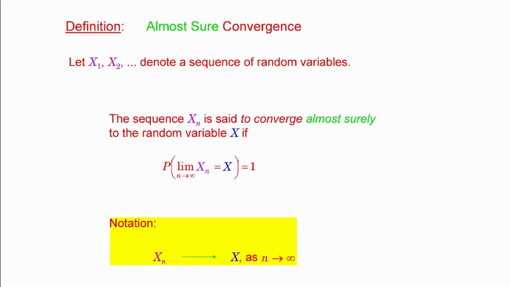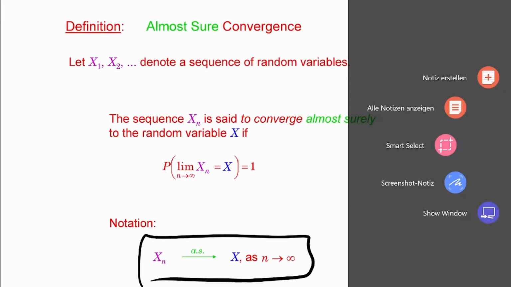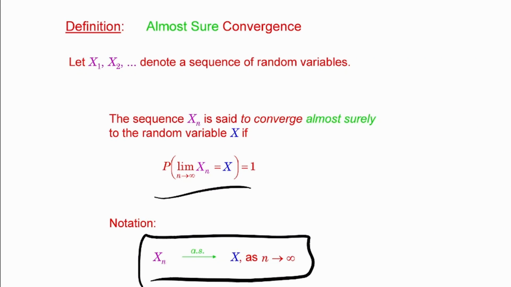Now in this case, you write it like this. AS means you have A point, S point, right? So this means almost sure convergence. Again, I prefer this notation, but you can also use that one. Keep in mind, when you have almost sure convergence, this means that the probability that the sequence converges is equal to 1. So they converge almost surely. I'm not sure if you remember that term. Maybe you could watch the video from 2 weeks ago.